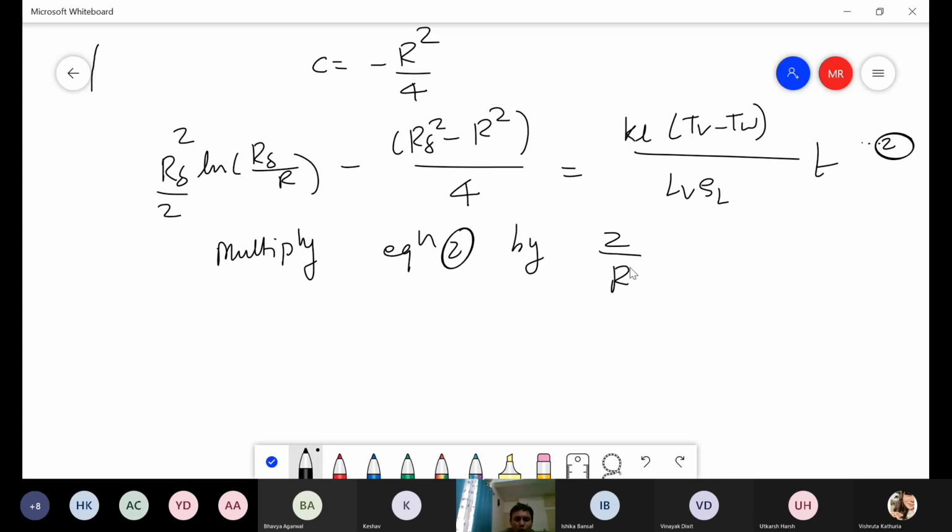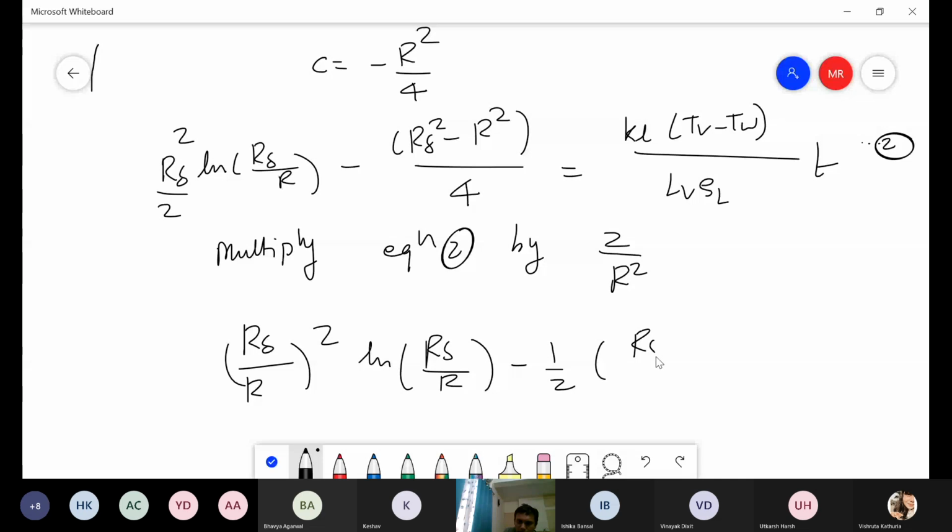If you do this, directly I am writing down: r delta by r, the whole square in the bracket, ln r delta by r minus 1 by 2 (r delta square by r square minus 1),